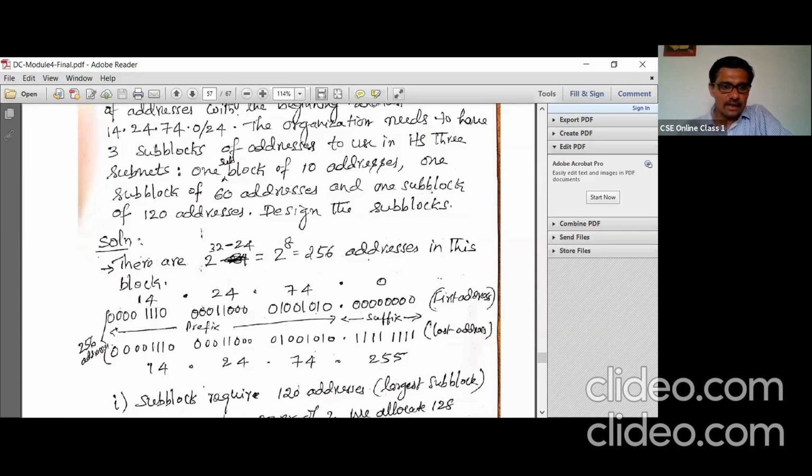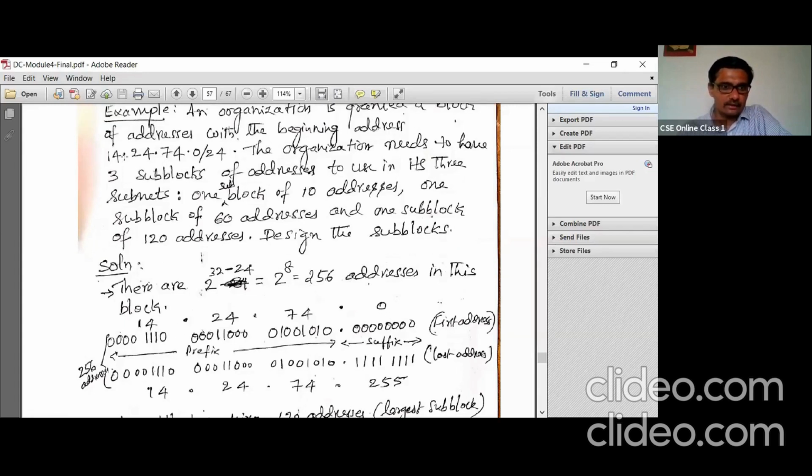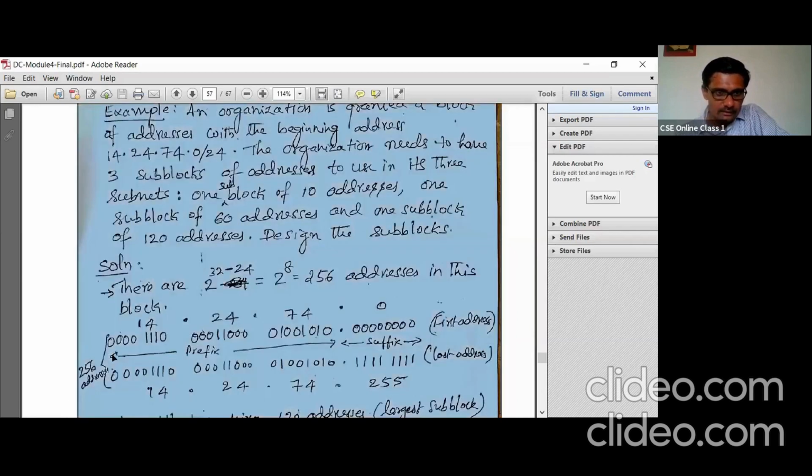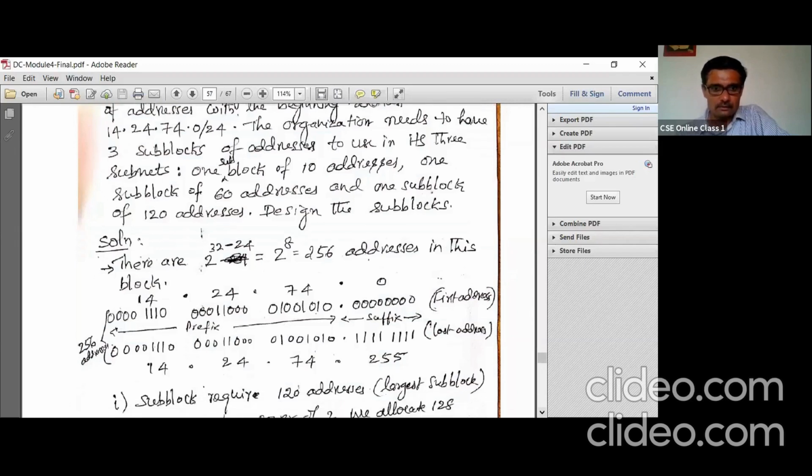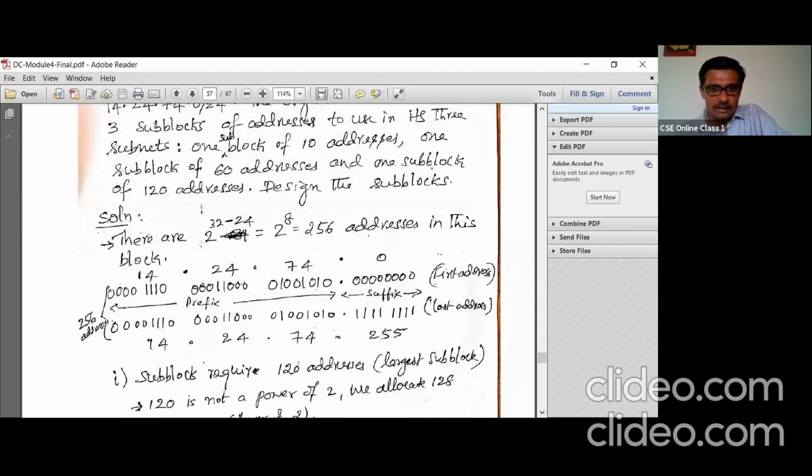This is the address given here, converted into binary: 14.24.74.0, and the prefix length is 24. This is the prefix, and the remaining bits are the suffix bits.